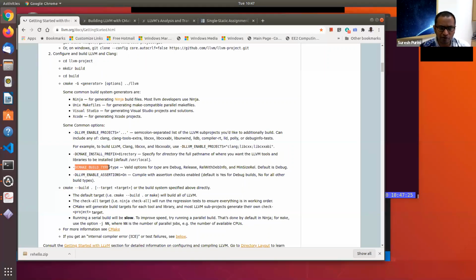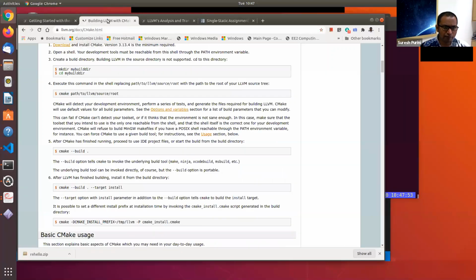So when you build, you may want to build a release build with assertions, if you suspect you may run into any hard disk problems. So this is one place. The instructions pretty much work. You don't have to sweat anything.